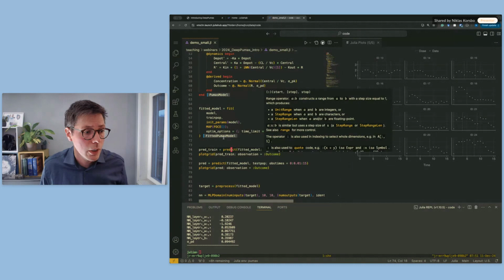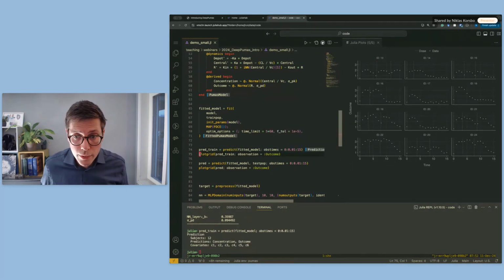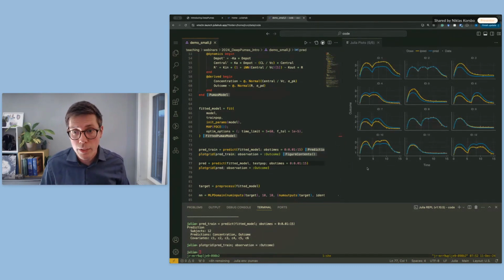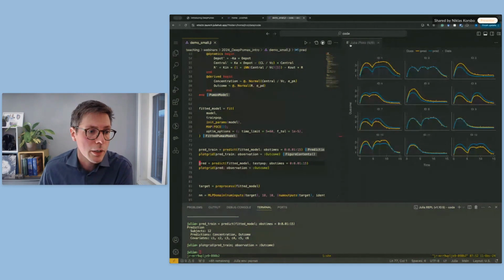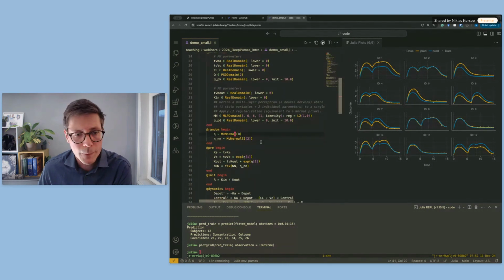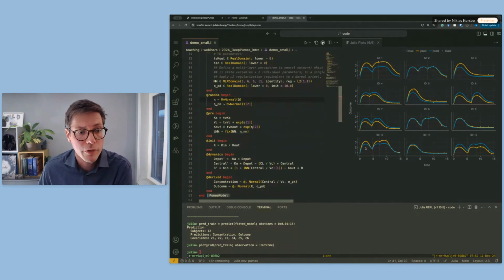So here I'm going to make a prediction from the training data. So this will be the data that we actually trained on. And so here, this is the results from the deep NLME model on the training data. Here we see 2 different kinds of lines. We have the PREDS in blue and the iPREDS in yellow, where the PREDS is just setting the random effect values to the mean of the prior distribution. So here they're all set to 0. And so here we don't have much between subject variability, and the only way in which you have differences between the different patients here